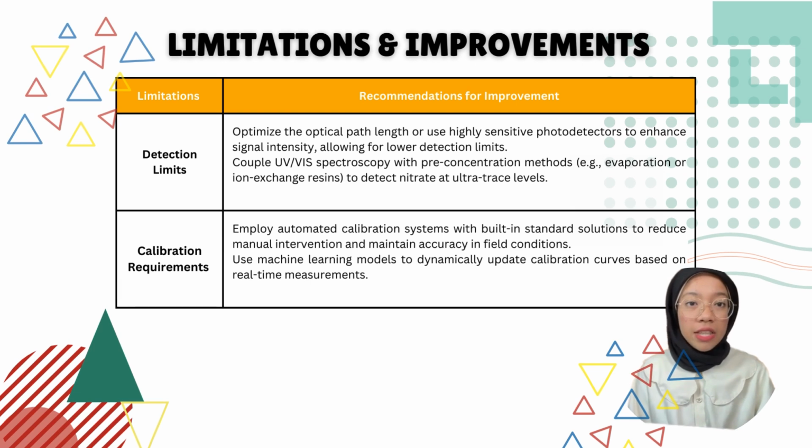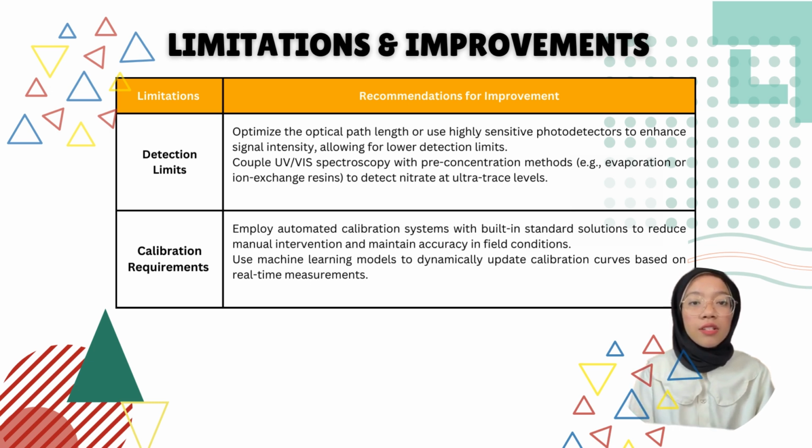Furthermore, current detection limits may not always be sufficient for ultra-trace analysis of nitrates in pristine environments. So, by optimizing the optical path lengths or employing highly sensitive photodetectors, it can enhance signal intensity and lower detection thresholds. Additionally, coupling UV visible spectroscopy with pre-concentration methods such as evaporation or ion exchange resins can improve detection